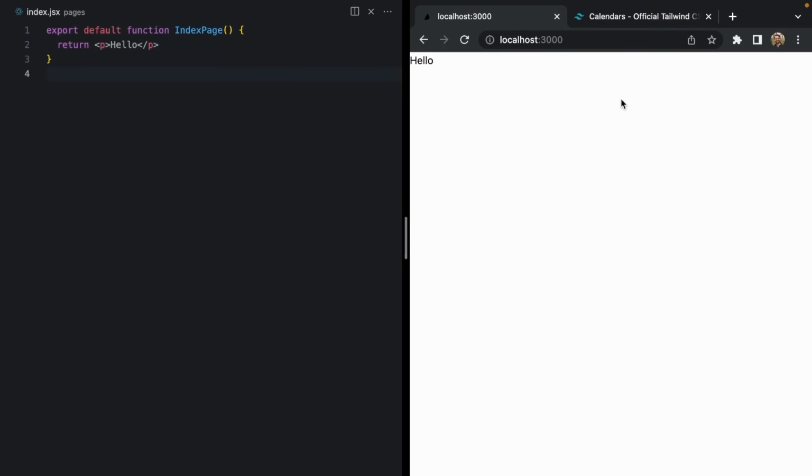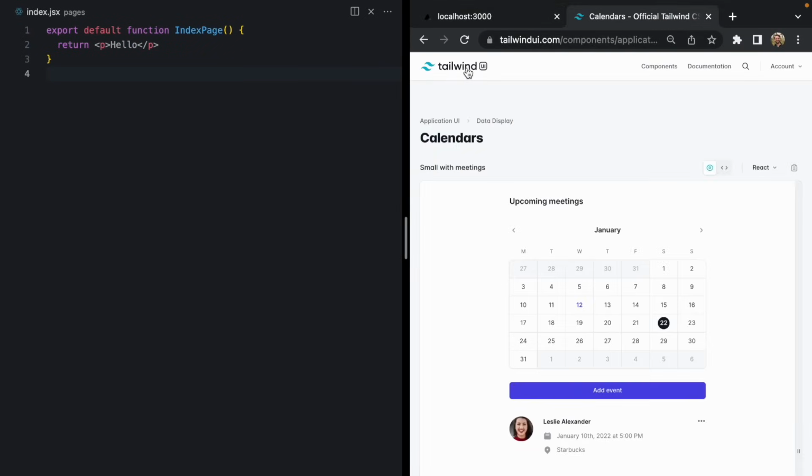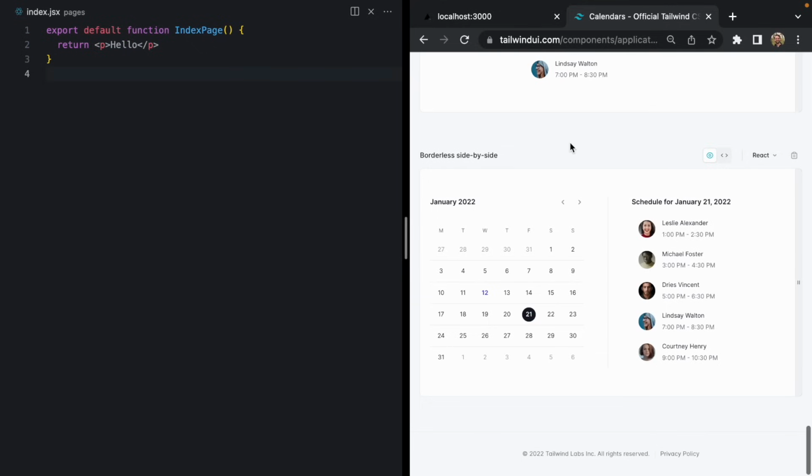And if you haven't heard of Tailwind UI, it's a set of premium components that are based off of Tailwind, which is the CSS library I use. And they have a whole calendar section. Down here at the bottom, we'll see this nice borderless side-by-side design, and this is exactly what we're going to